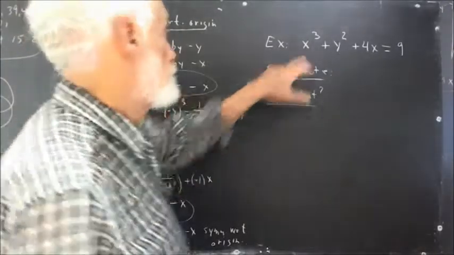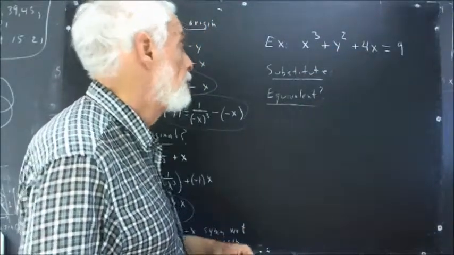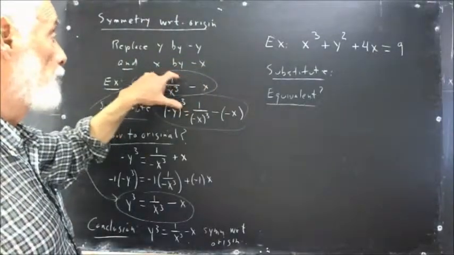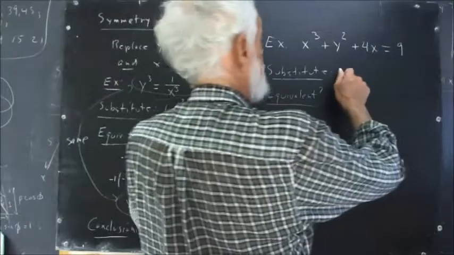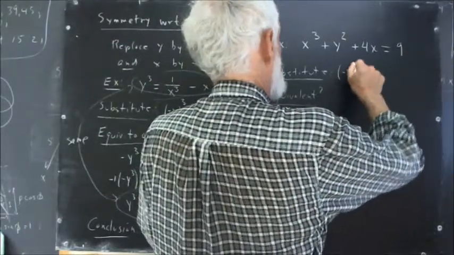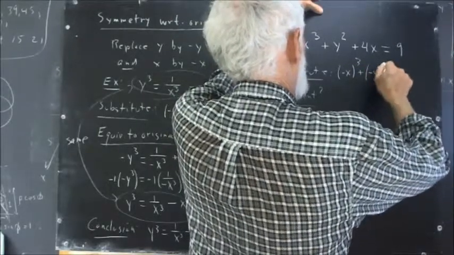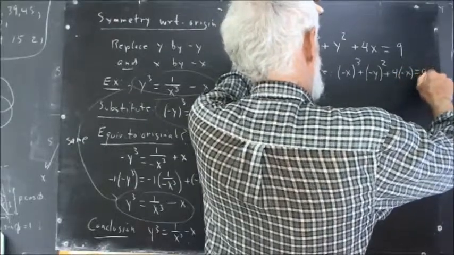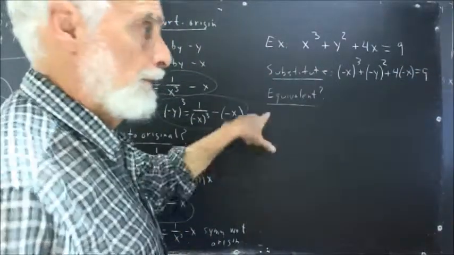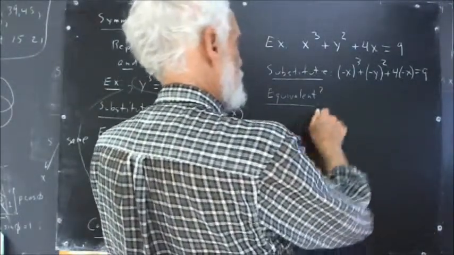As another example, consider x cubed plus y squared plus 4x equals 9, another equation. We do the substitution. Again, y replaced by negative y, x by negative x. You should write that down before you watch me do it. Okay, so we have negative x cubed plus negative y squared plus 4 times negative x equals 9. Is this equivalent? Well, we get